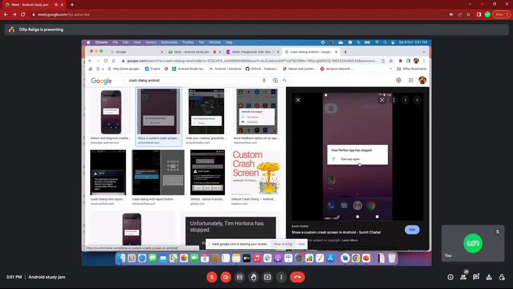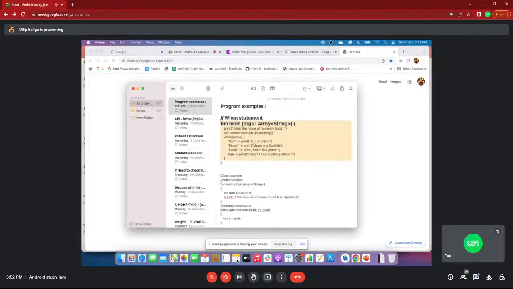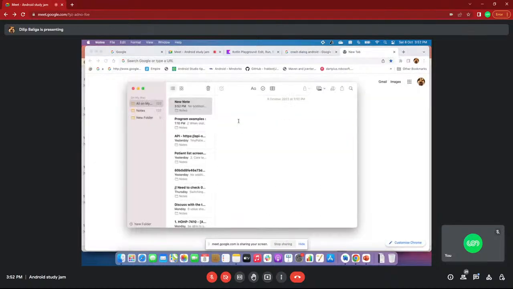What is the cause for this crash? Most of us face it. One of the crashes is the null pointer exception. Null pointer exception means you are creating a memory. For example, I am creating one variable, val name equal to something.